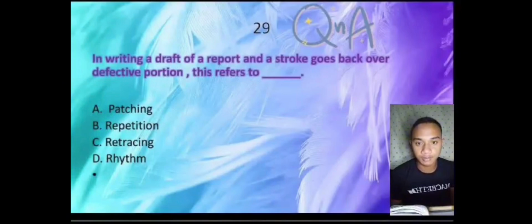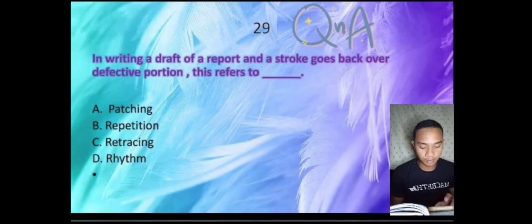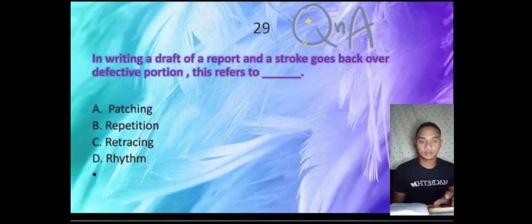So this is number 29. In writing a draft of report, a stroke goes back over the defective portion. This refers to, so the answer is retracing. Ang keyword dito ay yung stroke goes back over defective portion. So ang answer dito ay letter C, retracing. So